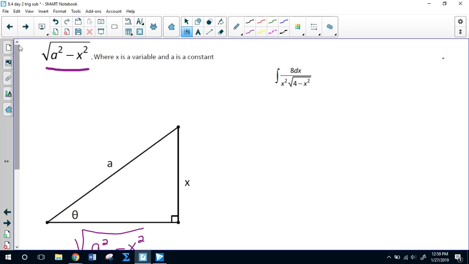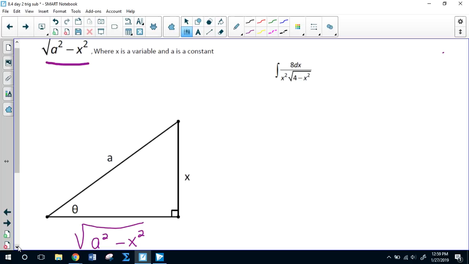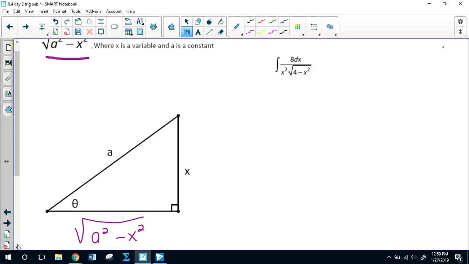If you're not sure what I did to get there, go ahead and take a minute, pause the video and figure it out. Okay, so then when this happens, you can set up a bunch of different trig ratios. And the goal here is to substitute some trig stuff into the problem and then evaluate and then resubstitute in. Okay, so I'm going to set a few things up. I'm going to go through it the long way for this one, and on the next two situations, I'll go